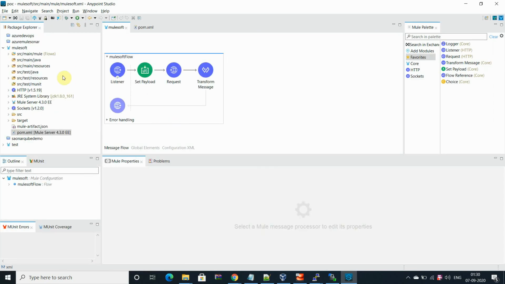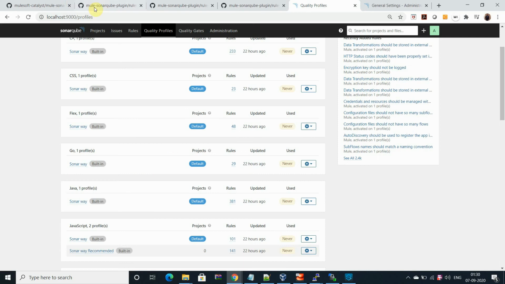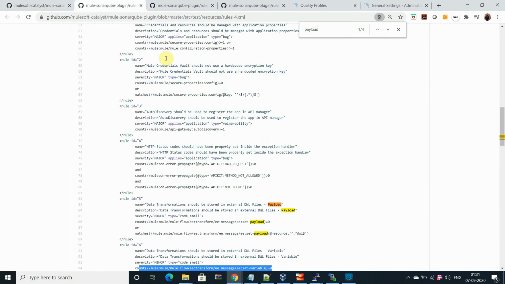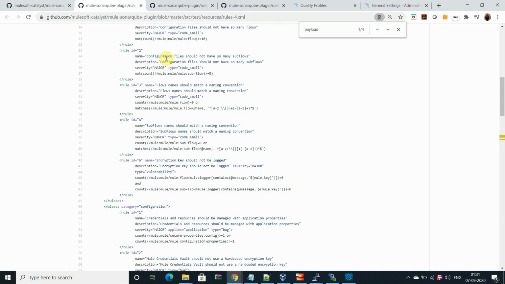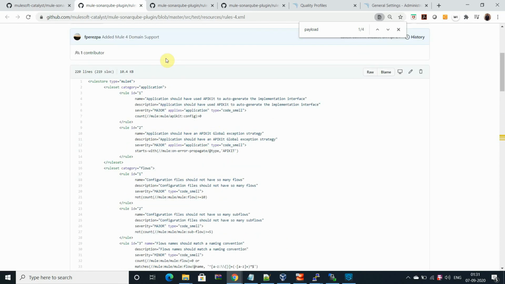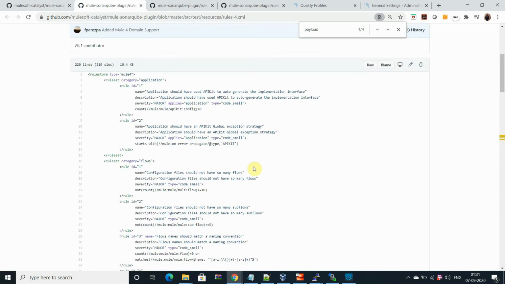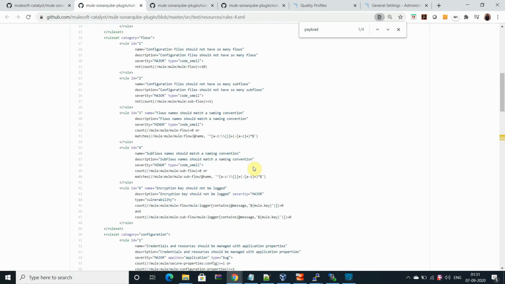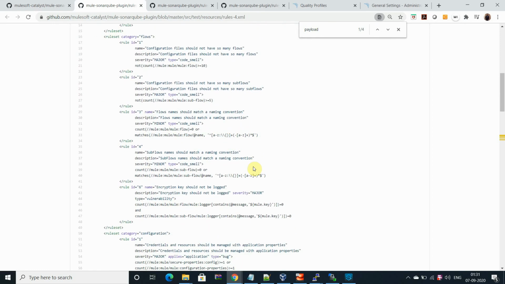This is running in Mule 4, and if I check the rules they have, you can see that the rules say none of the things need to be configured or hard coded, and you should not be using APIkit if the listener is there.